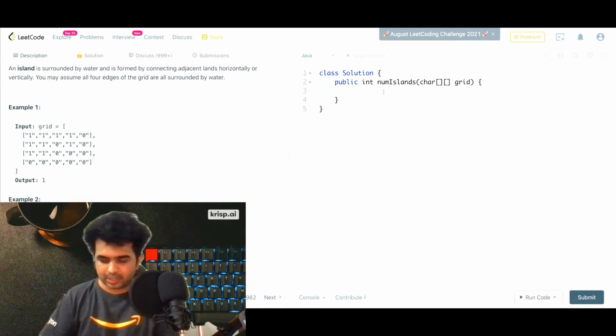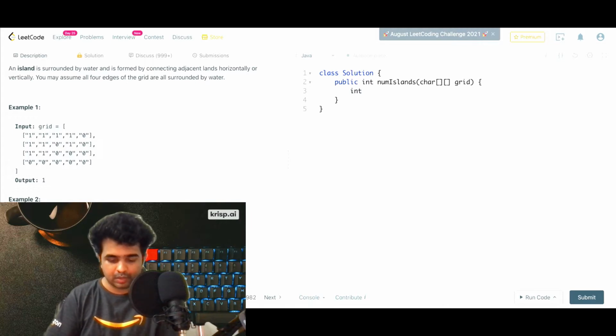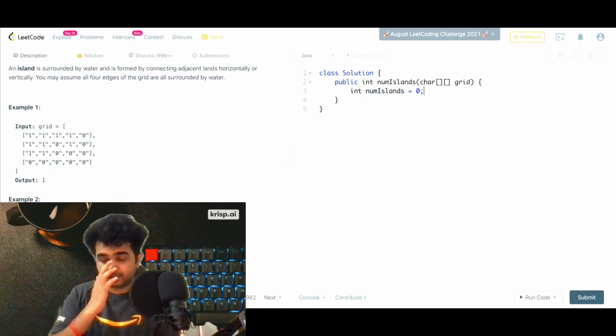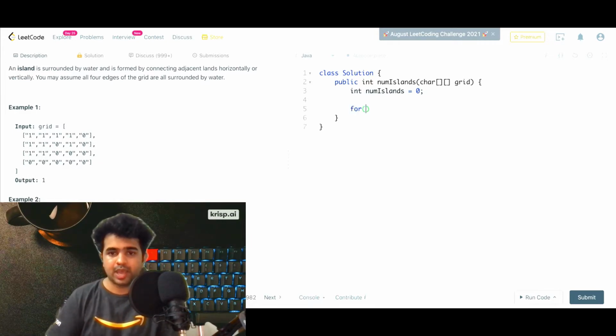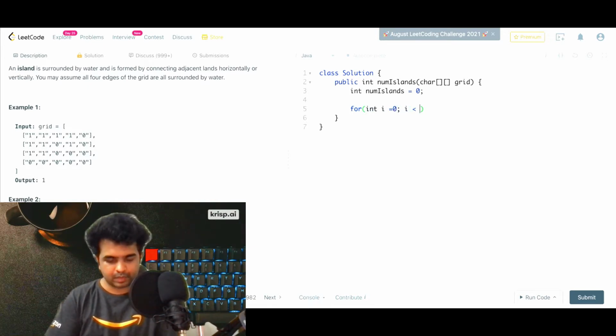So let's initialize our number of islands variable. Let's call it numIslands only, same as the function. We can initialize it with 0. Then we should traverse this char grid. So for int i equals 0, i less than grid.length, i plus plus.